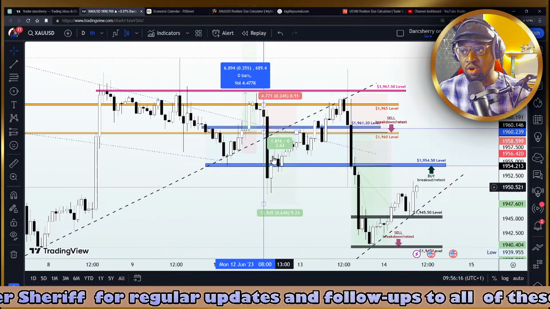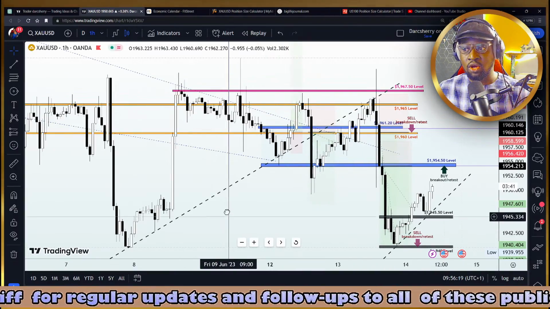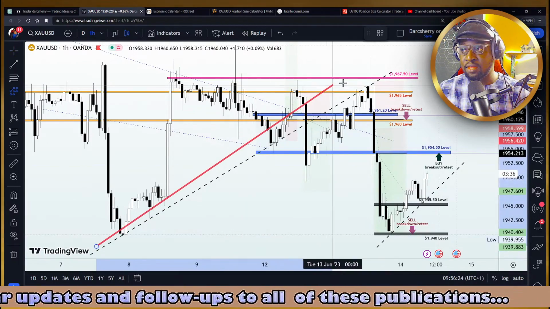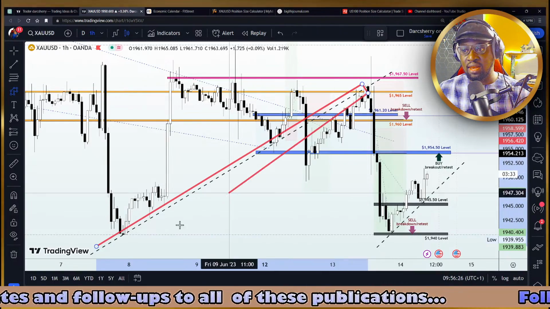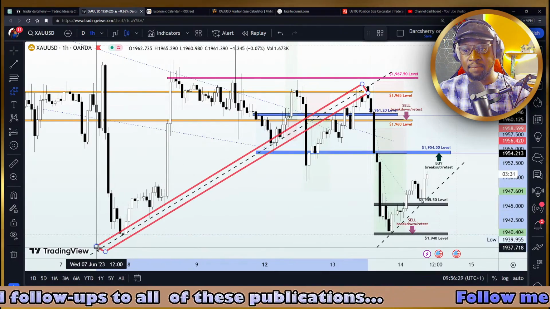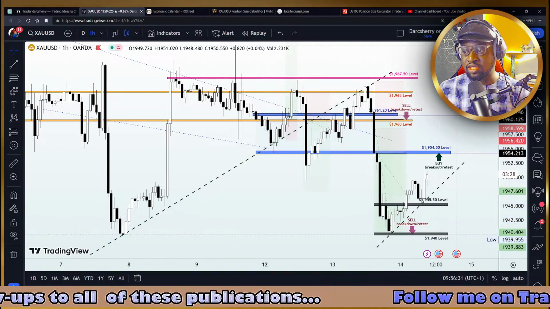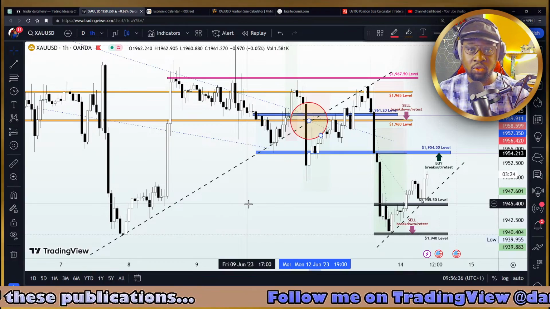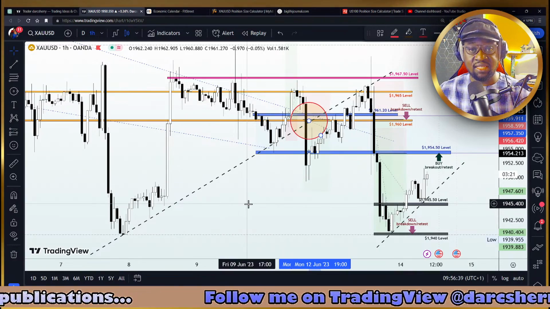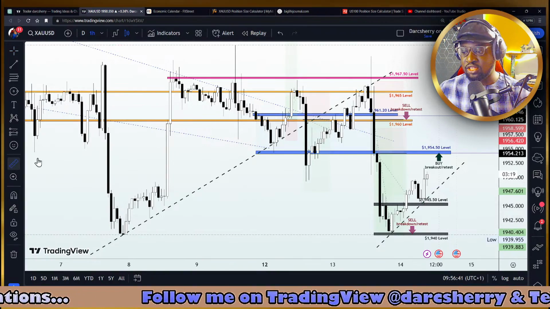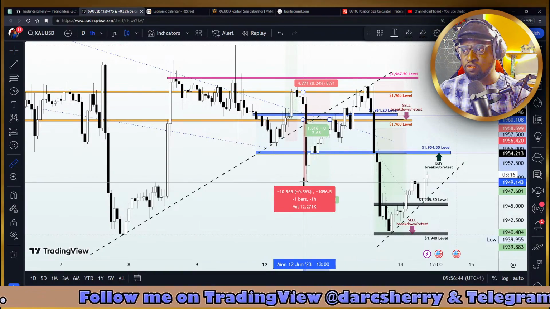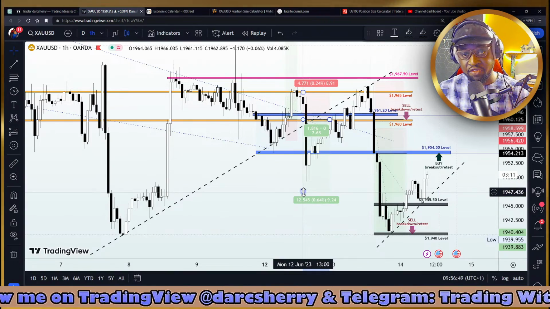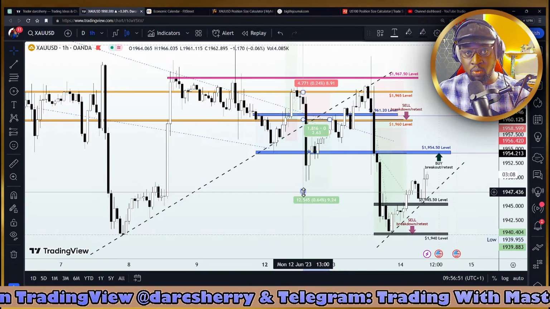We were taken out with some small profit there, and this led to the breakdown of that bullish trend line that was supposed to be our yardstick for the first day of the week. So this trend line here, we said on Monday that this trend line also shares a confluence with that key level at the 1,960, and with a sell stop order below the 1,960, we had our first sell position for the week triggered. And as you can see, we saw price move about 100 pips in our favor, moved our stop loss accordingly to lock in profit or secure the position, and we saw how we were taken out again